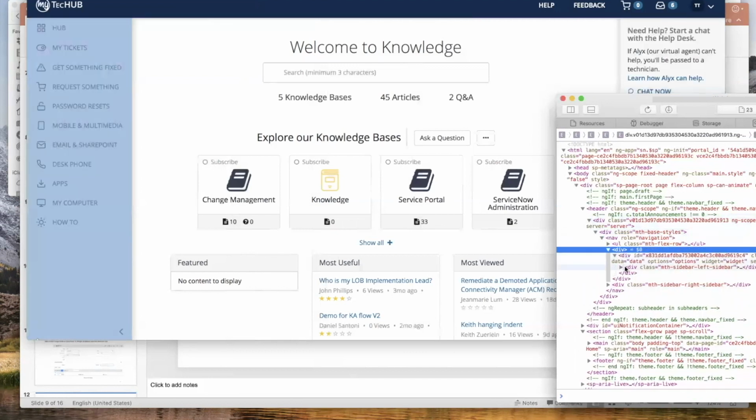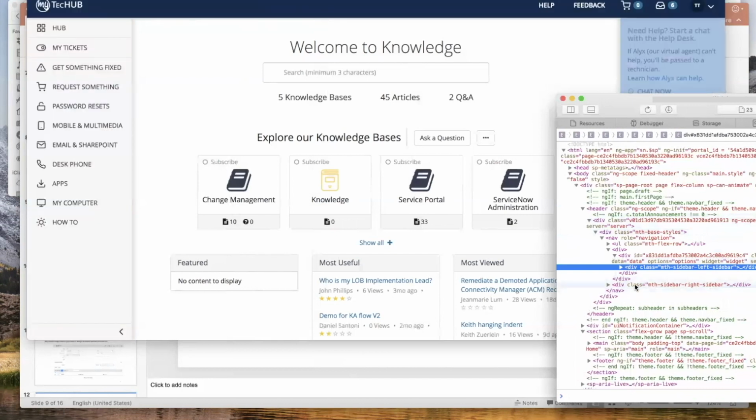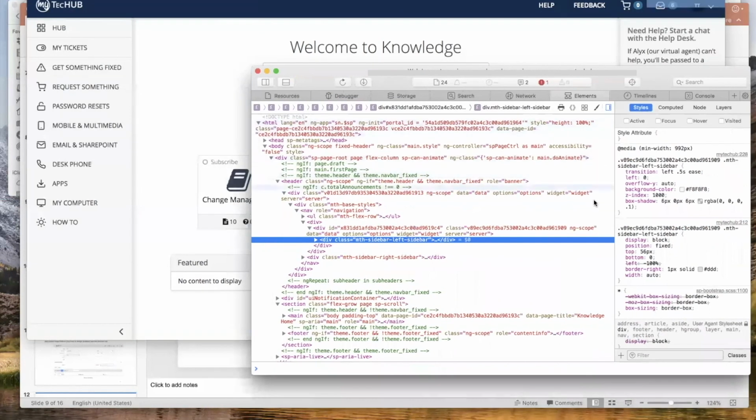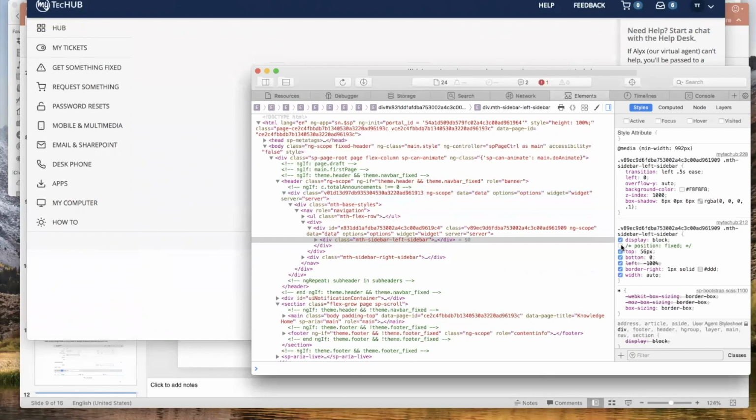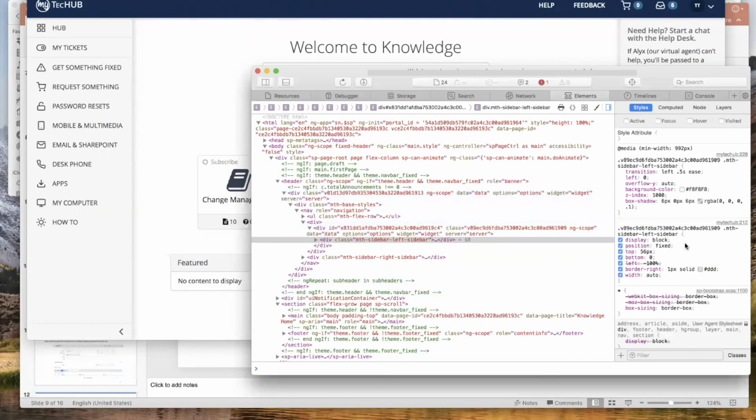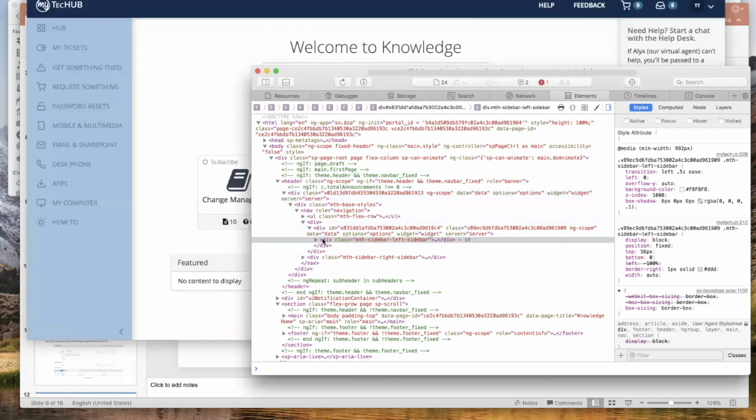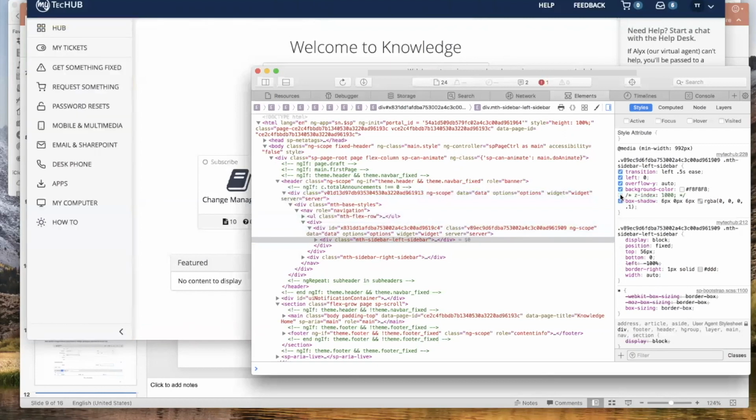out of the main flow by using the position fixed. So you can see the position fixed right here. If I were to remove it, everything would break. So it's highly dependent on the position fixed or position absolute. Basically we've leveraged these different layers and manipulated the Z index. You can see that my Z index is up at 1,000 on this one. And I forget exactly what I've set all the Z indexes to, but basically, if you're not familiar with the